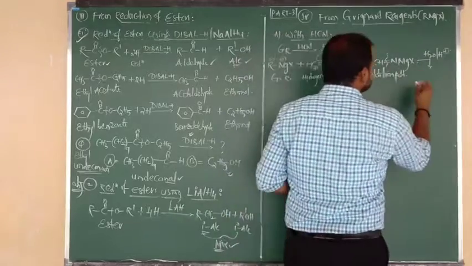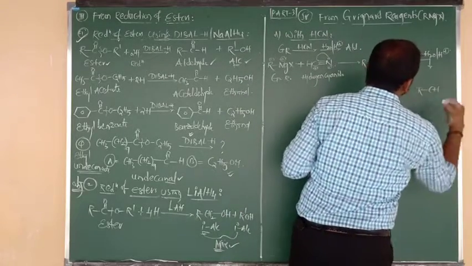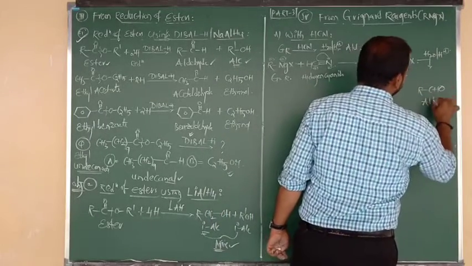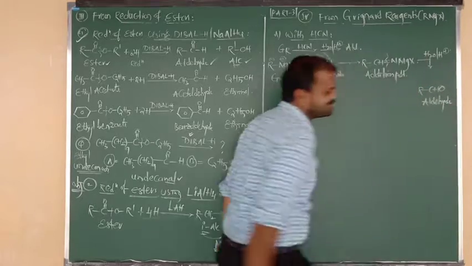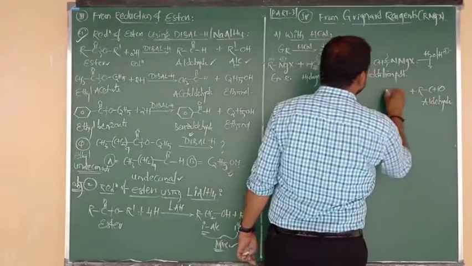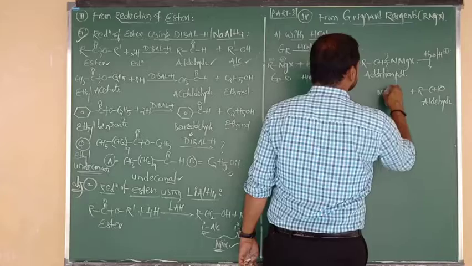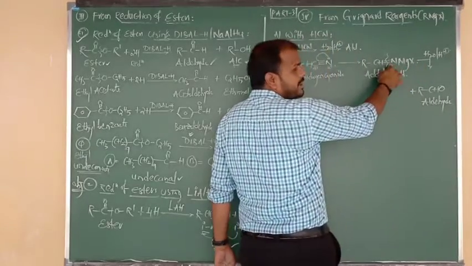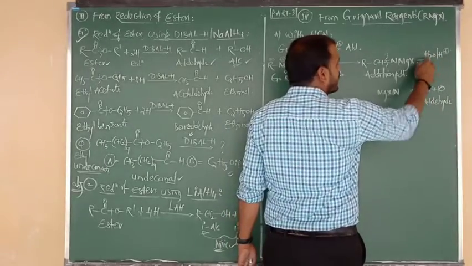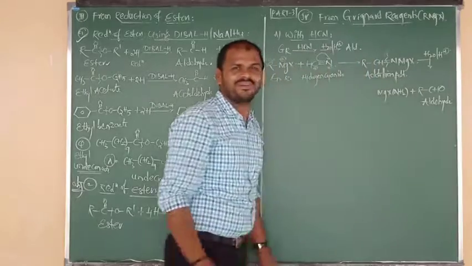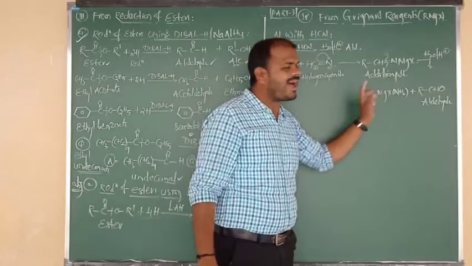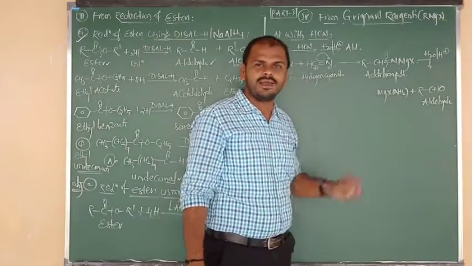So R bonded to CH, yes, I am going to write here R-CH. After breaking of the double bond, we take oxygen. So the compound name is nothing but aldehyde. Over, preparation. Next, MgX is there, yes I am going to write here MgX, and Mg is attached to the non-metal, that is nitrogen. From the water molecule, O attacks here, the remaining 2 hydrogens are there, so we get NH2. This is your byproduct. What is the name of the byproduct? Amino magnesium halide.